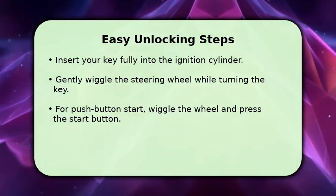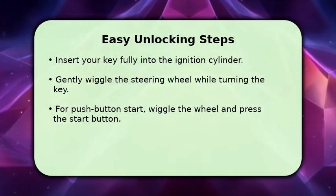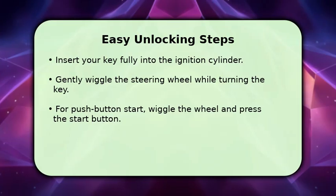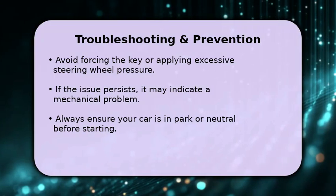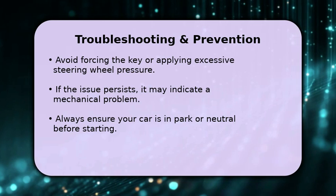wheel to unlock. For push-button start models, simply wiggle the wheel while pressing the start button with your foot on the brake. If your steering wheel remains locked, avoid using excessive force on the key or wheel, as this could